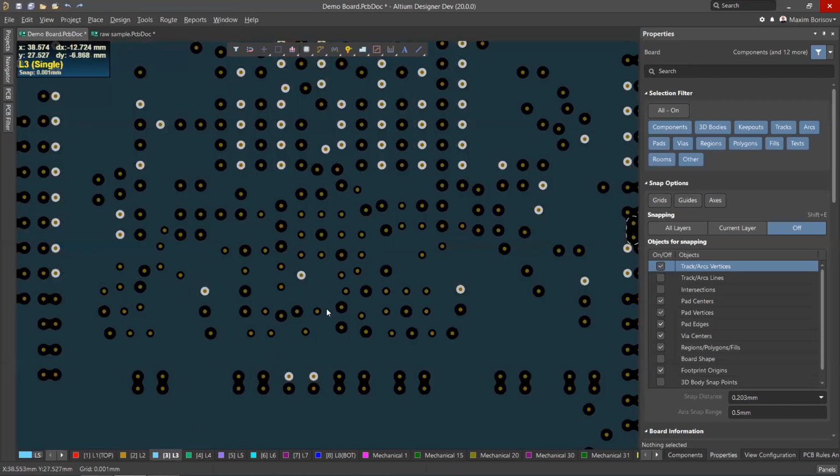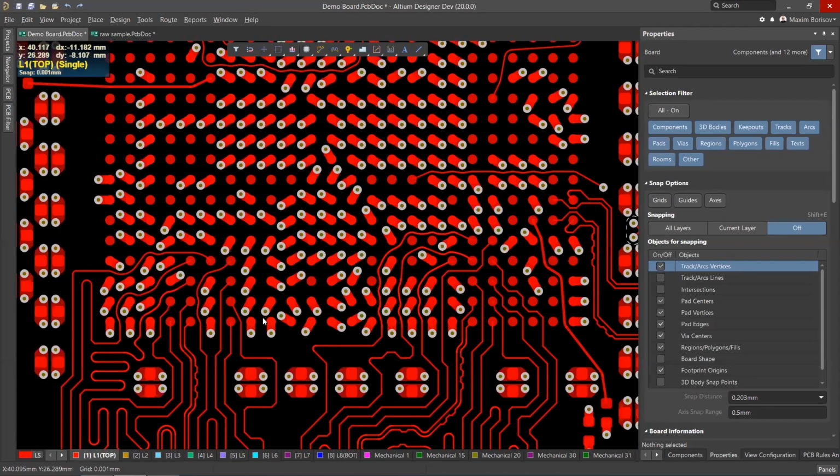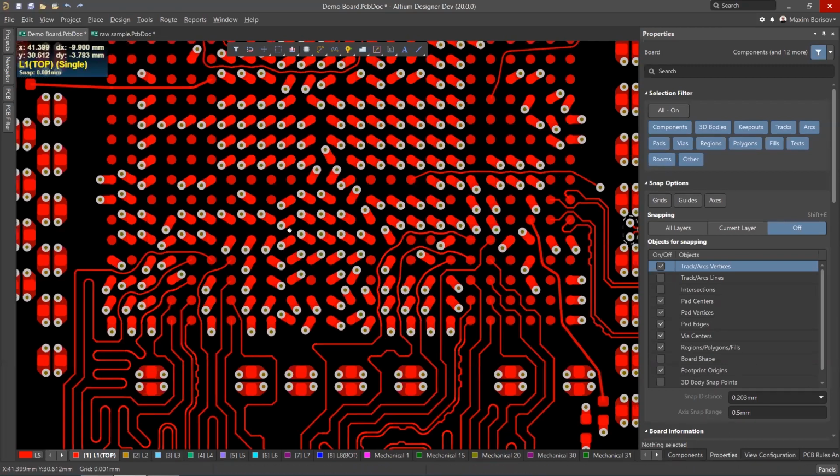Some other layers underneath, which are usually used for signal routing. We have top layer, power plane, this is ground, and this one is usually used for signals, but now it's intentionally used for power,